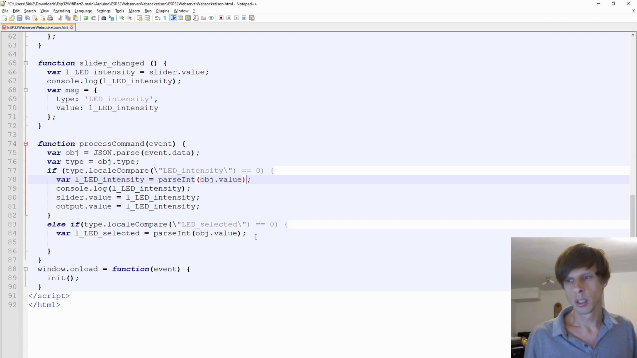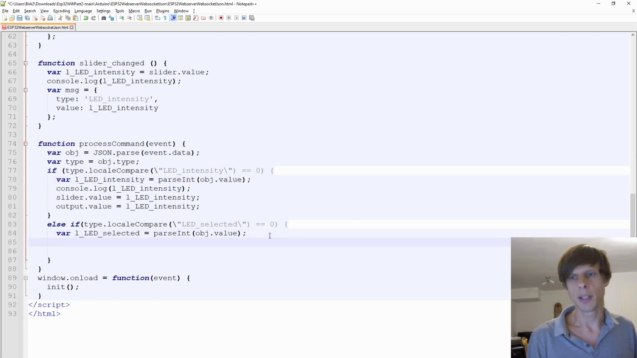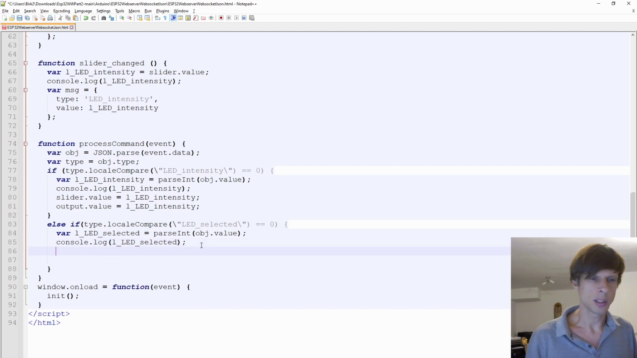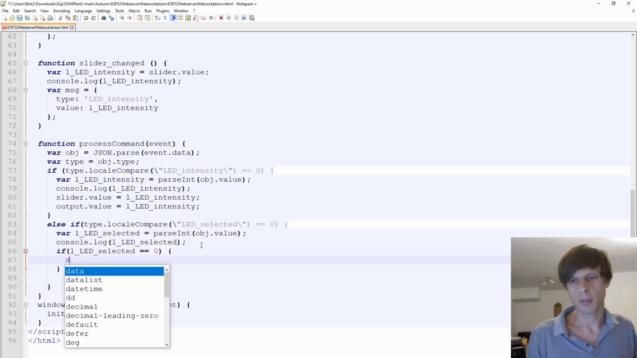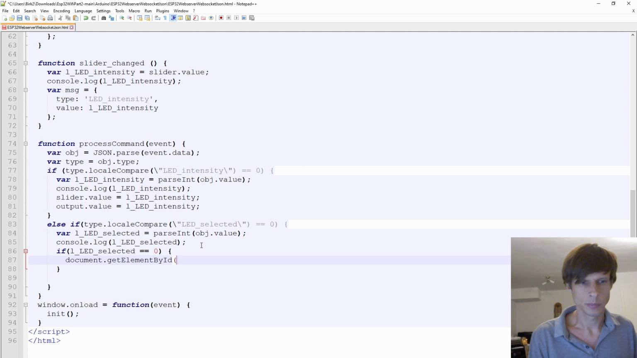Just in case. Okay, so then, obviously we can write it to the console. It's almost the same as over here. Just copy paste it over. And then we'll need to check which LED was selected. So if the LED selected is equal to 0, then we can select that radio button. And otherwise,